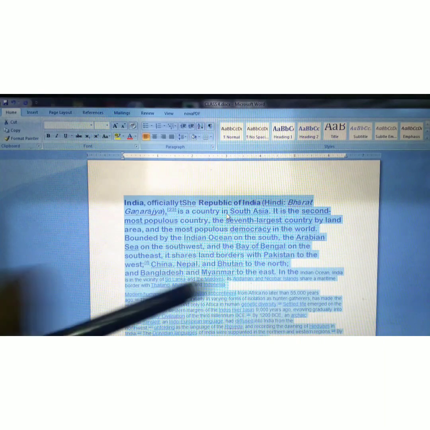See, the whole text is now left aligned. See, all the margins are now shifted to the left side of this document.